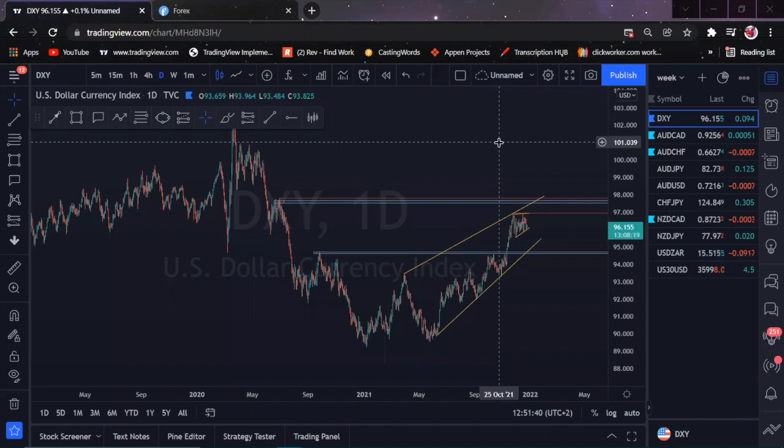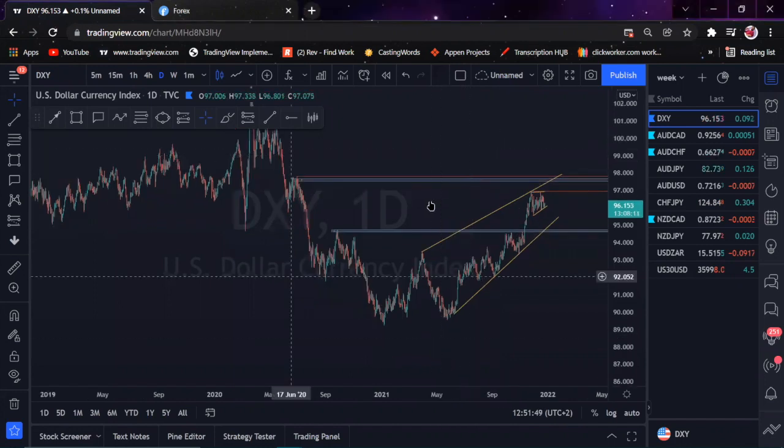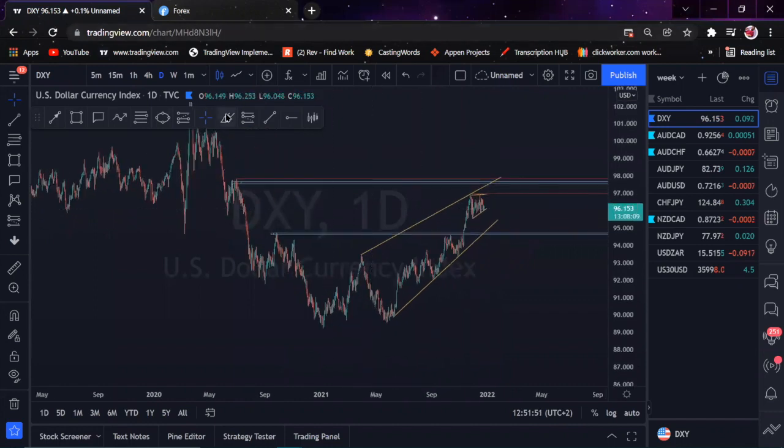And in this one, guys, we're going to go through the DXY, Aussie CAD, Aussie Swiss franc, and New Zealand dollar CAD. So starting straight off with the DXY, guys, we're on the daily. And what we have a look at here on the daily is that we've got some resistance in and around